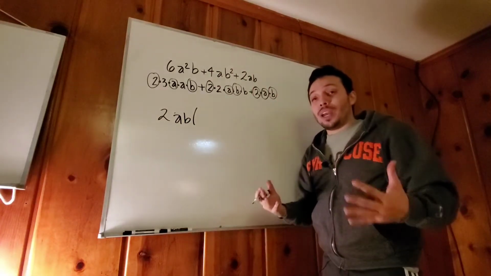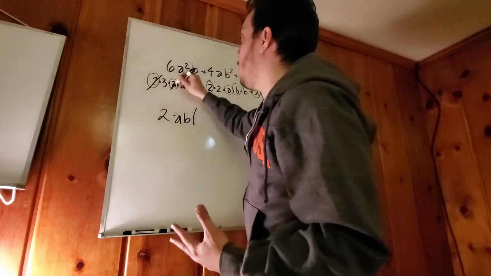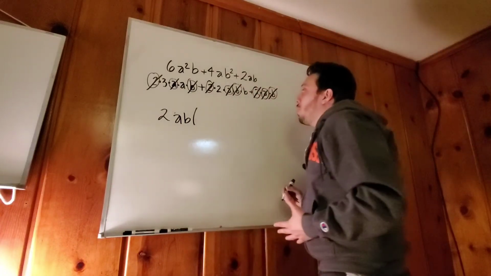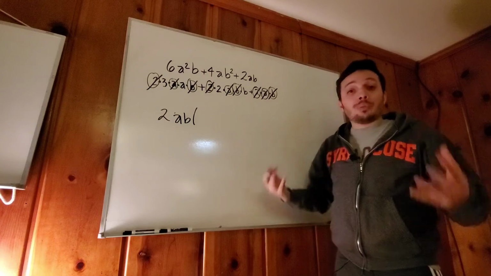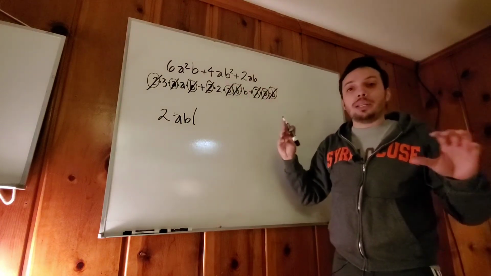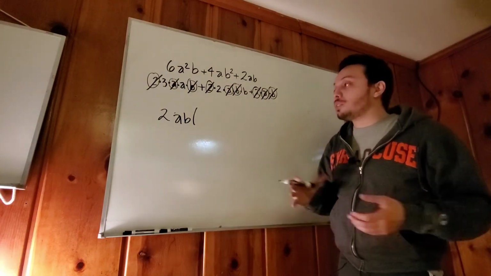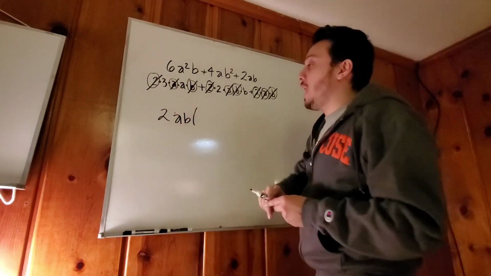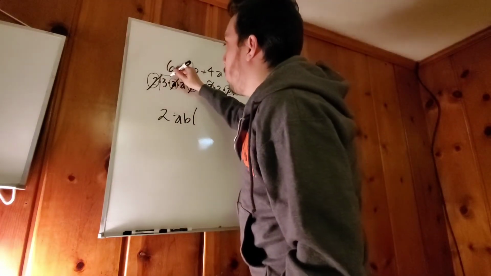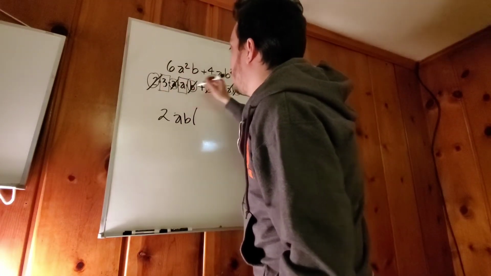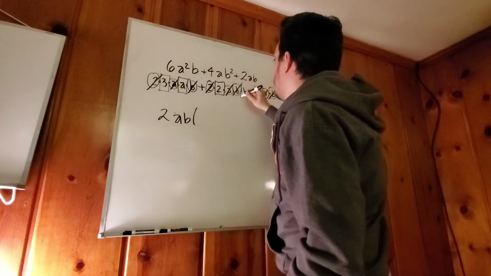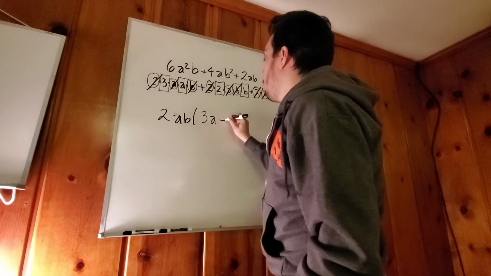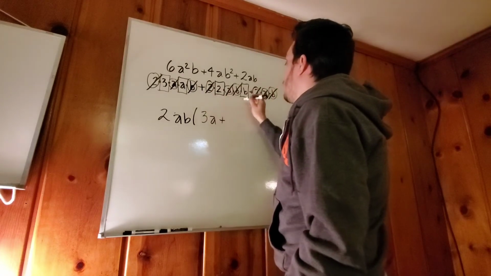What I like to do so I don't get confused is I'm going to cross out all this stuff that I already put outside because I already used it. I said it's common. It is common in between all my terms. So I'm going to put it outside the parentheses. What am I left with? A 3 and an A. If you want to, you can actually put a little rectangle around the things that are left. So I get a 3A plus, I still have a plus, 2 times B,